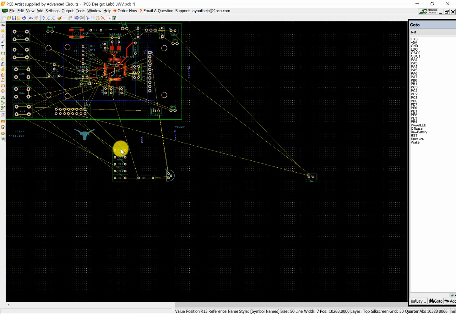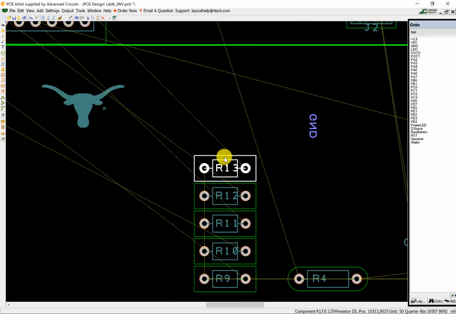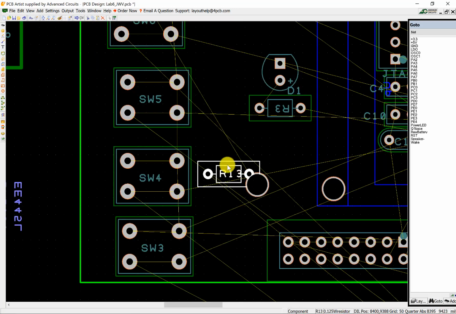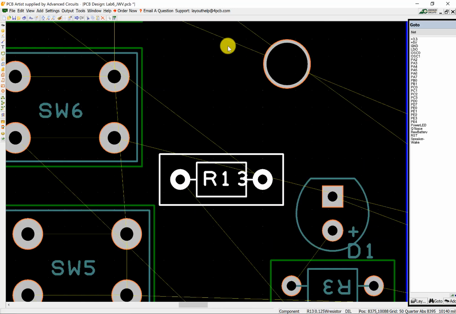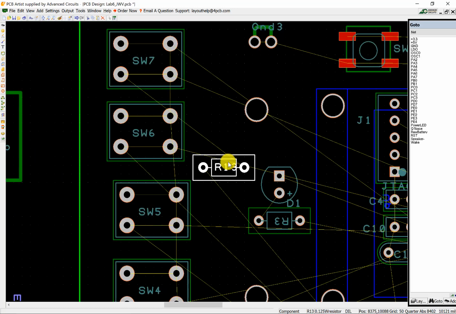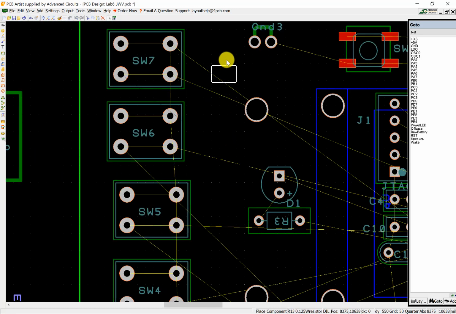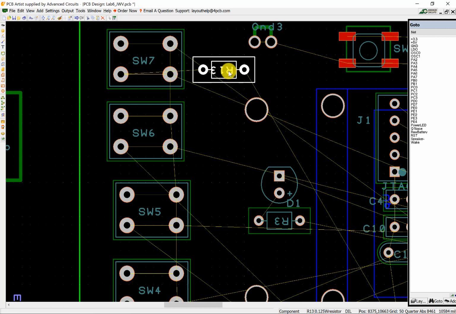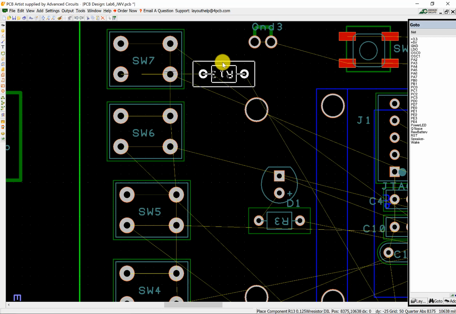These are the pull-up resistors for the device, and so I want to get them close to their thing. As I bring it close, I can see that this resistor is associated with that switch. But you see it's reversed. You see that? So I'll flip it around to reduce the number of